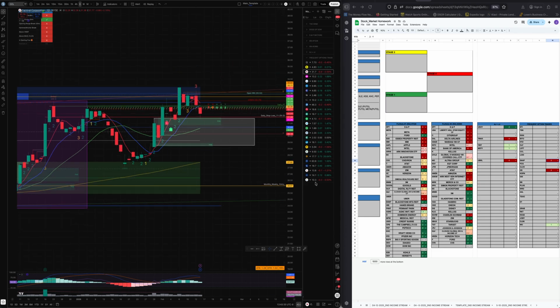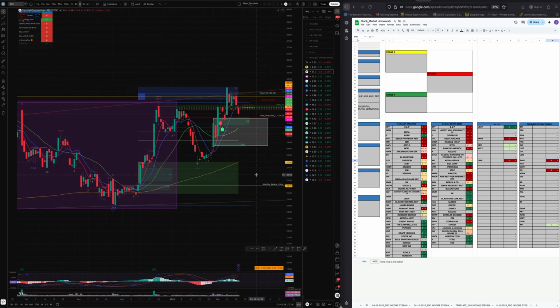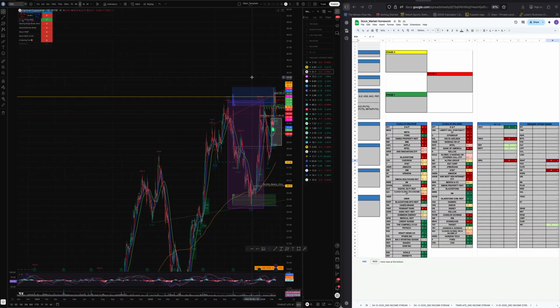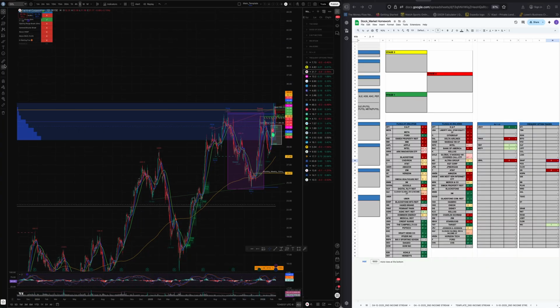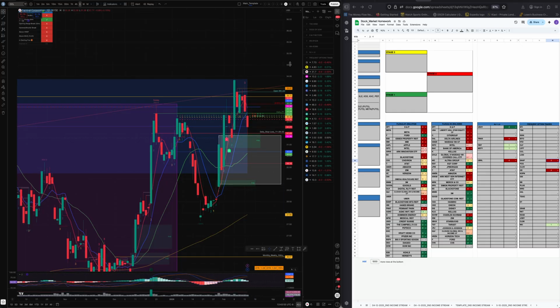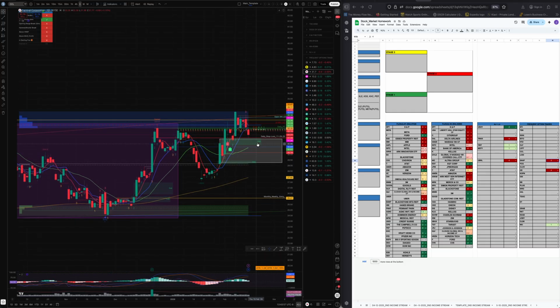Like the opportunity, CCL, higher high, higher low, higher low, could bounce. Oop, put that for sure. I like that one. CCL,